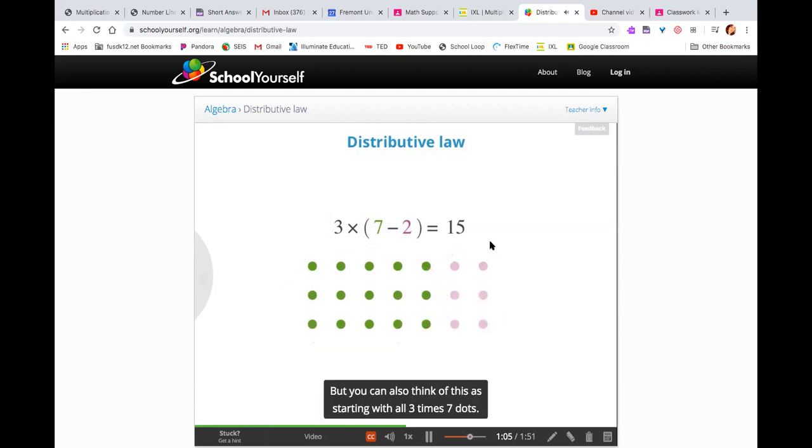But you can also think of this as starting with all 3 times 7 dots, and then removing, or subtracting, this group of 3 times 2 dots over here, again leaving us with the 3 times 5 green dots. So sure enough, 3 times 7 minus 2 equals 3 times 7 minus 3 times 2. So distribution also works with subtraction. When you're taking the difference inside parentheses and then multiplying by a number, you can distribute that number into the